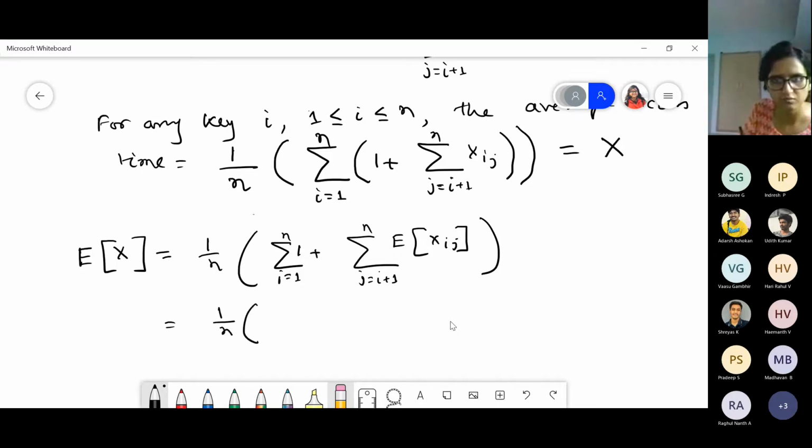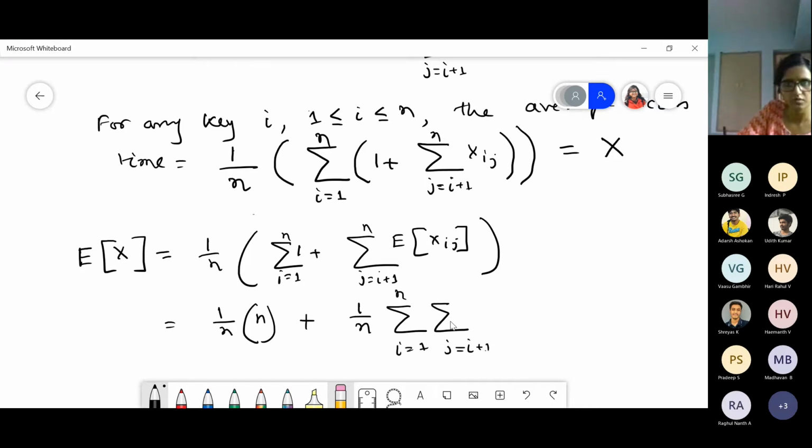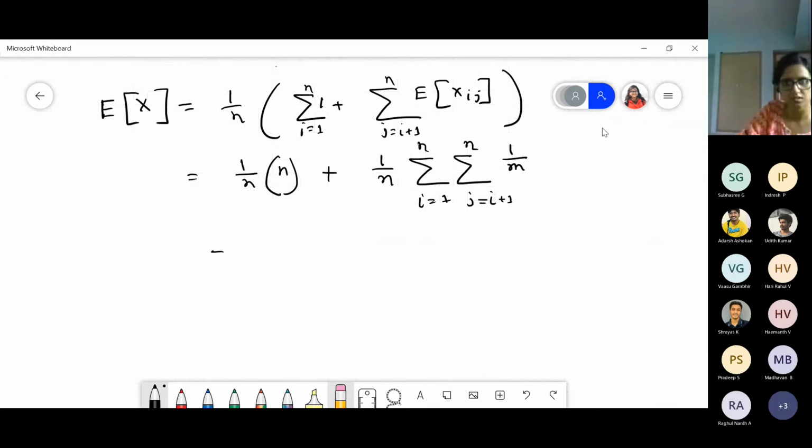1 by n into this, which is n. Plus 1 by n, sum over i equals 1 to n, sum over j equals i plus 1 to n, of E of xij, which equals 1 by m, right? So here it is 1 plus 1 by nm, sum over i equals 1 to n, sum over j equals i plus 1 to n, of 1.